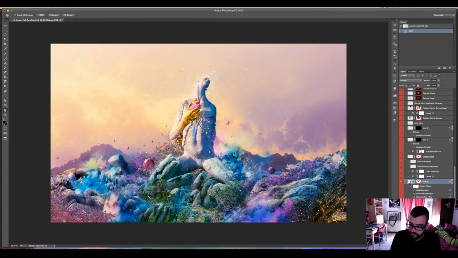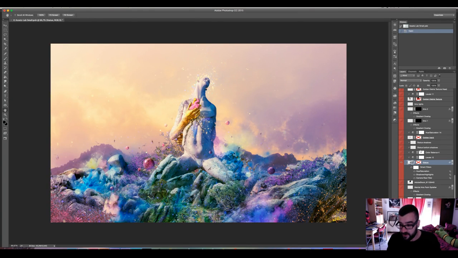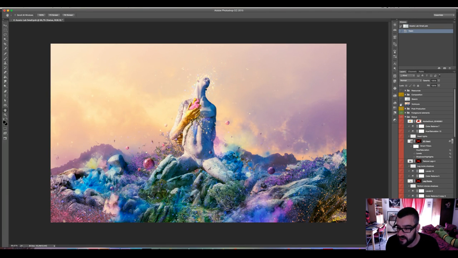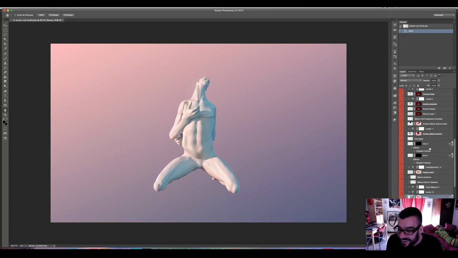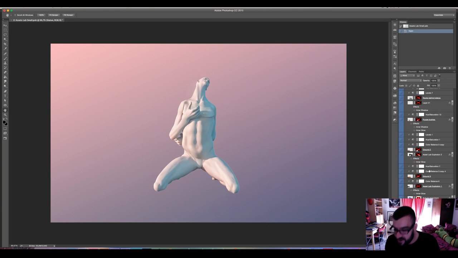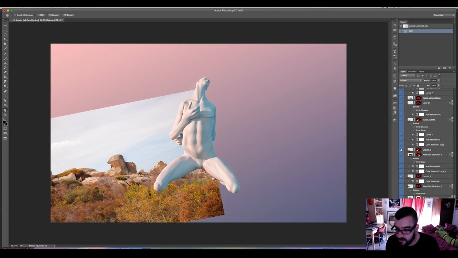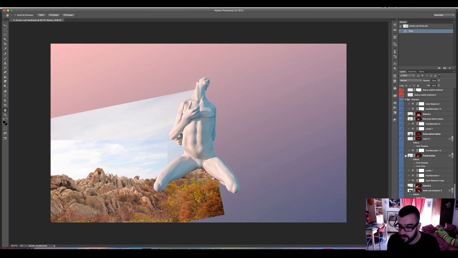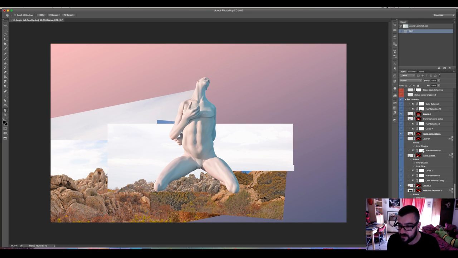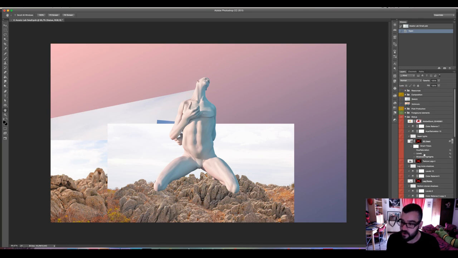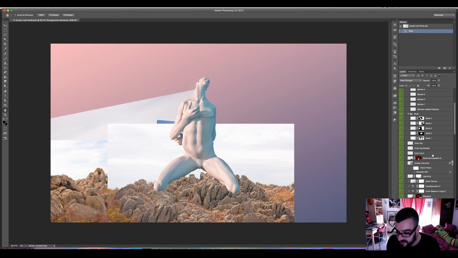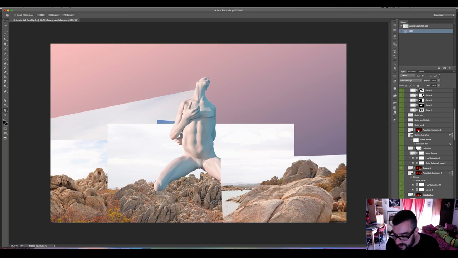Okay, let's go with this scenario. I'm going to show you first. Oh, I have to hit this layer first. Sorry. I'm going to show you all the layers, and then I'll tell you about the masks. There are so many layers. I'm going to spend most of the masterclass browsing through them.